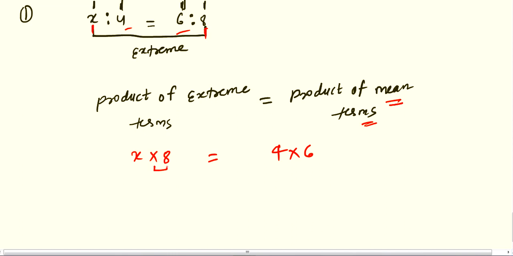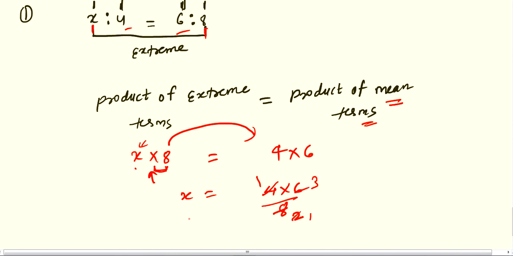Clear? So we are having 8 with x in relation of multiplication. So simply we have to find what is the value of x. But for that we have to transpose this 8 to the right hand side. In left hand side, in this side, we are multiplying 8 by x. So on transposing we have to divide. So 4 into 6 divide by 8. Clear? 4 ones are 4, 4 twos are 8, 2 ones are 2, 2 threes are 6. So x equals to how much? 3.